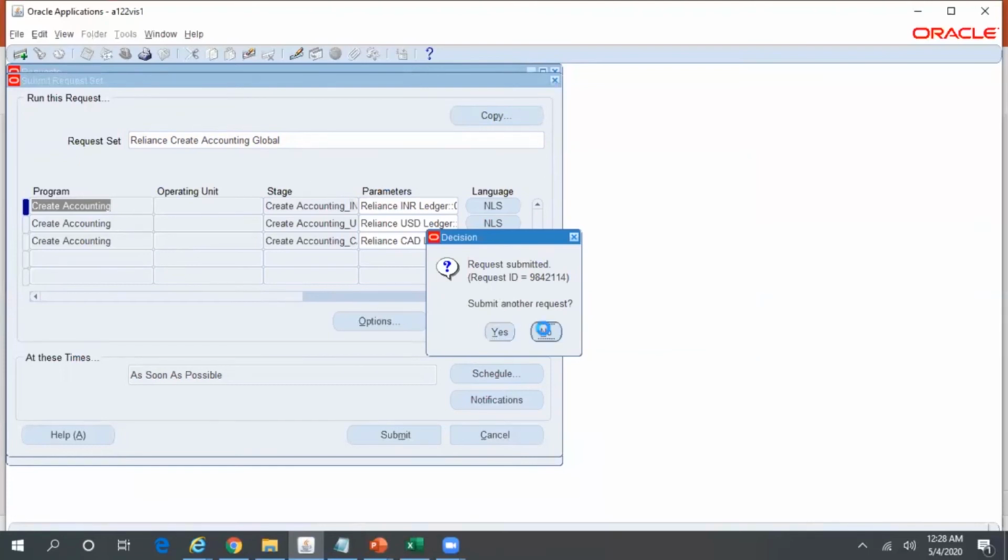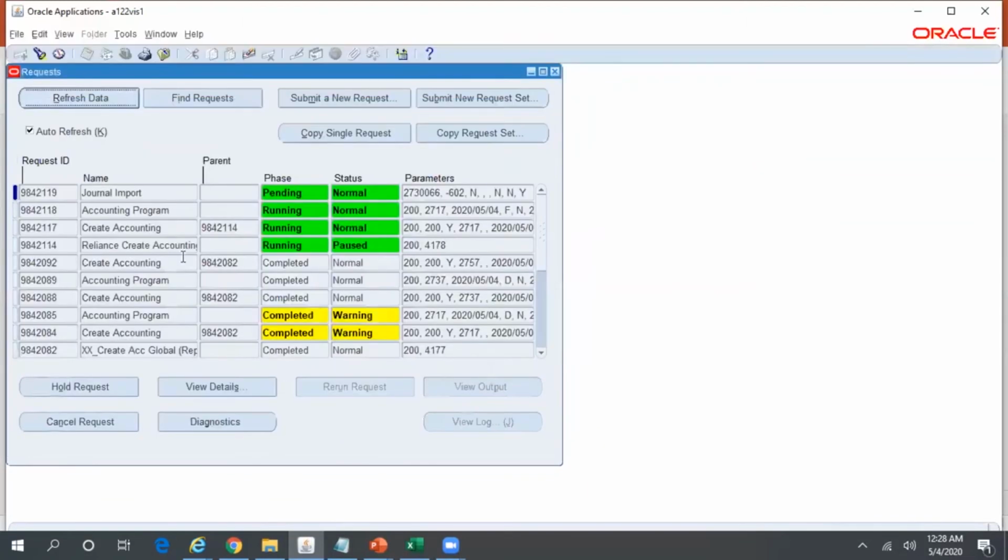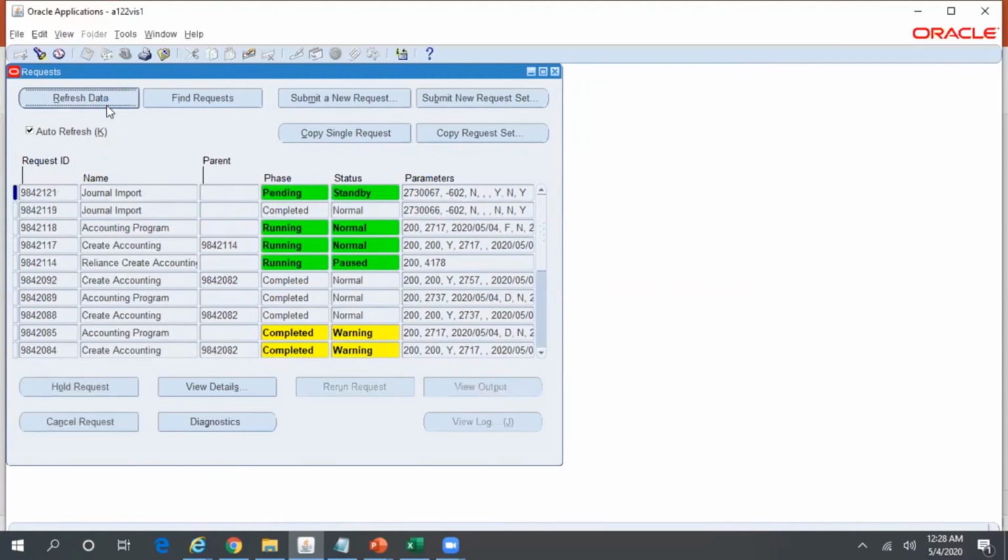Submit another request, say no. Here you can see Reliance Create Accounting has internally triggered the create accounting program and the journal import for one ledger, and now it will trigger create accounting for the second and third ones as well.